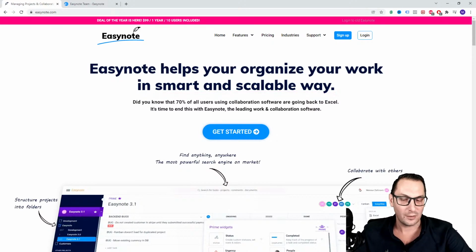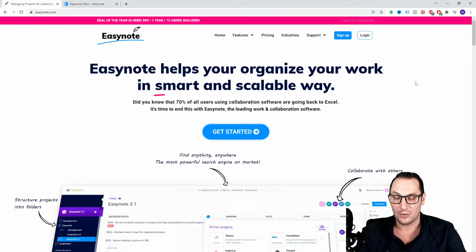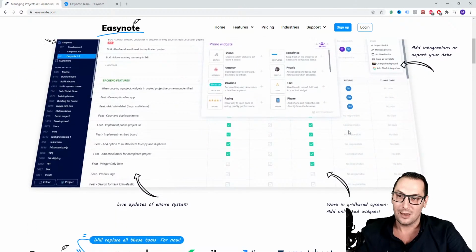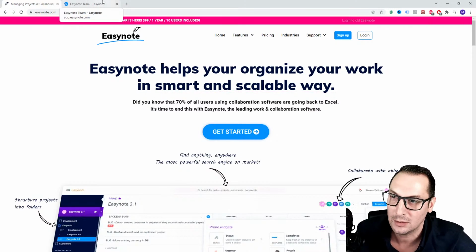One of the things that we have done is we will design the next application for Easynote. Easynote is a work and collaboration software where people can manage different projects and work together. What we will do is design the next app for our tool. And yeah, let's get started. Before we do that, I will show you exactly the process of how it works when you're designing